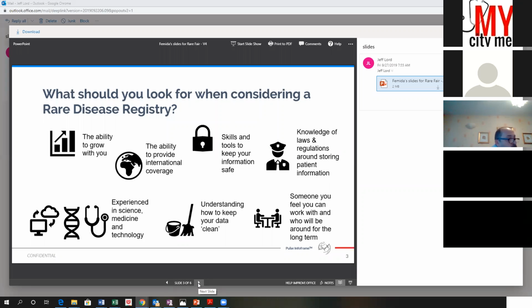So if you're, for example, collecting data in an Excel spreadsheet, and ultimately you want to be able to share your Excel data globally, that's very different than setting up a platform where you have to be compliant, but also beware that when you're sharing data in its simplest form, you still have to deal with issues such as encryption of data and safe data transfer to protect the rights of the patients. Which brings me to a deeper question and discussion point around the tools to keep your information safe. I'm not a security expert. I suspect that many of you are also not security experts. So think about what you need to keep the information safe.